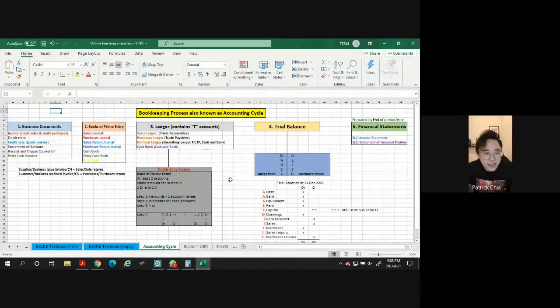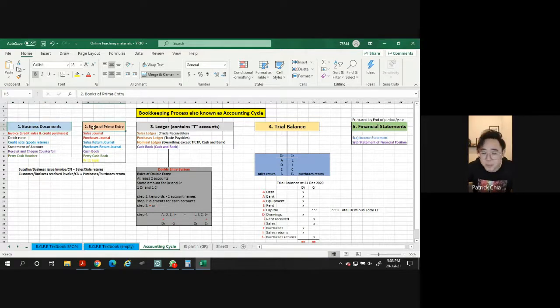I know this is the first time that you see this, but the info inside is not the first time, correct or not? You have seen what a business document is, right? You know roughly what an invoice, debit note, credit note, statement of account and receipt are. You've heard all these things before, correct or not?